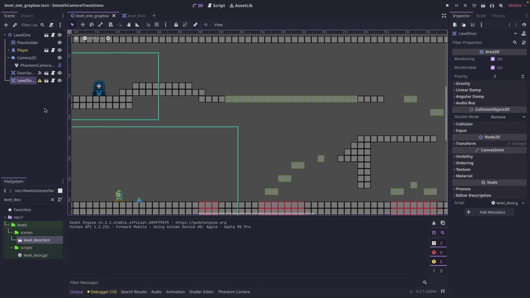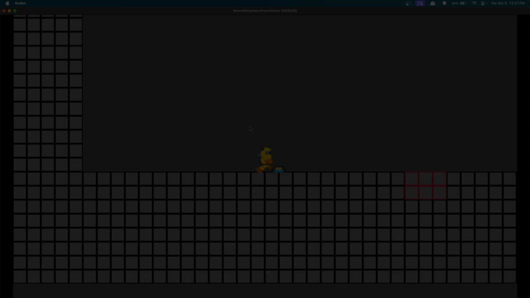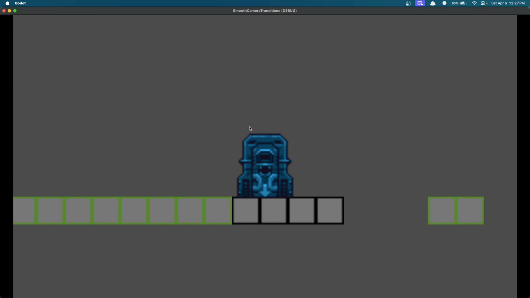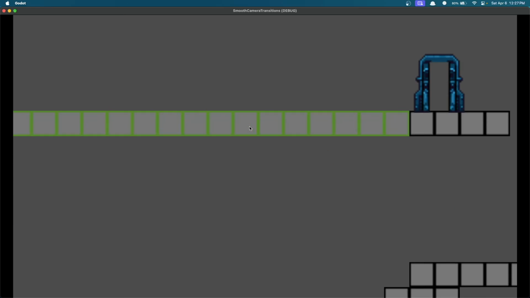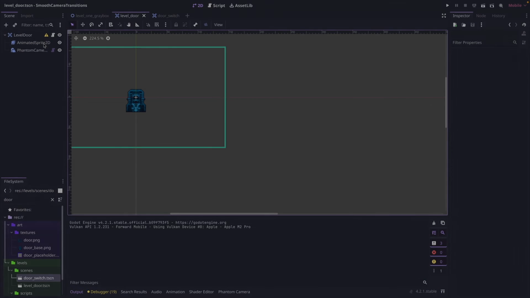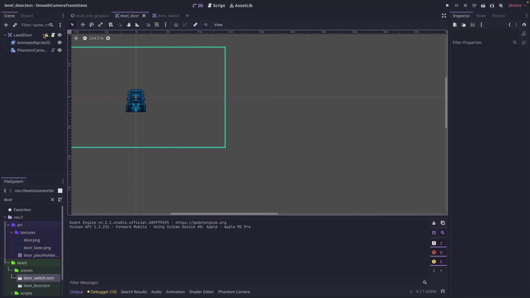One nice thing about the way we set up this with signals and different scenes is we can move the door anywhere we'd like, rerun the game, step on the button, and everything still works as expected no matter where you put the door or the button. If you see this little warning on your Area2D for your level door scene, all this